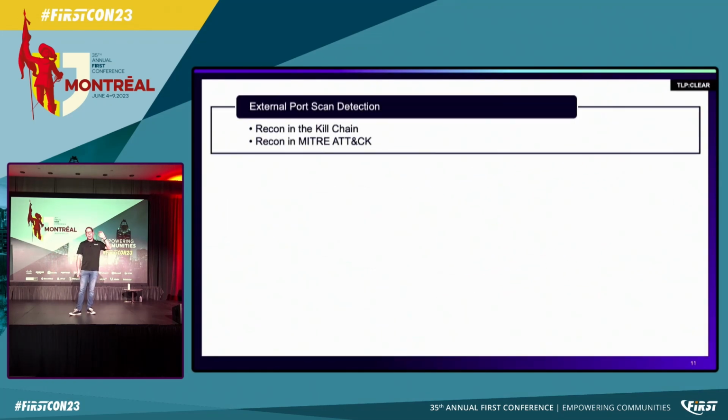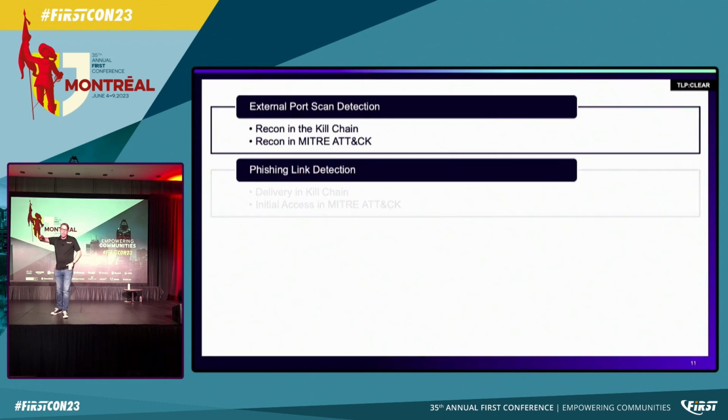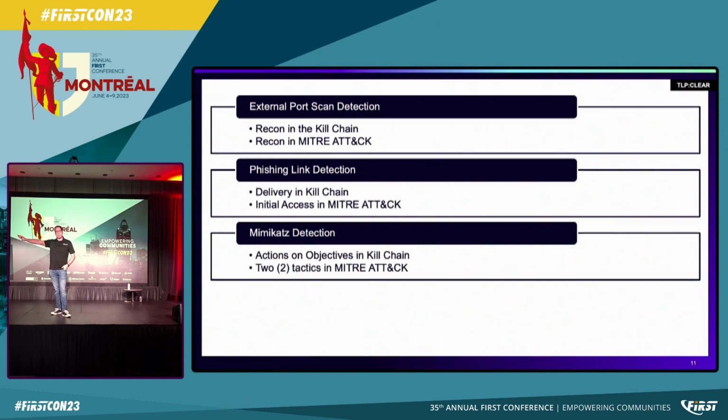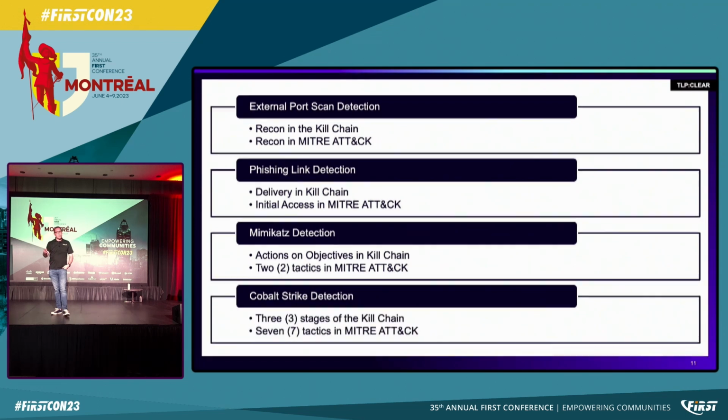It's a little bit out of order, but that's all right. Let's say, for example, I had those 4 alerts. I'll come back to the vulnerability in a minute. I've got my external port scan, my phishing link, and then things like Mimikatz, which has those 2 tactics in the MITRE ATT&CK framework. And then I've got my Cobalt Strike, which falls across multiple stages in the kill chain, and a number of tactics as well. So I can start to see some interesting correlation occurring here,